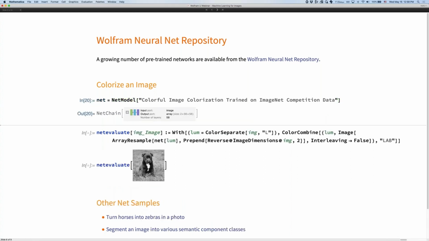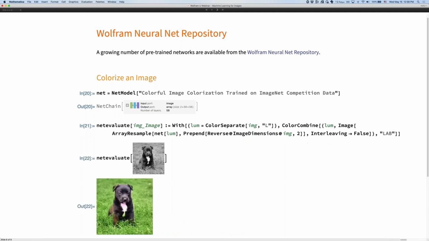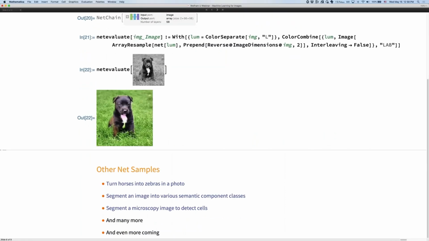So number one, we can obviously get a model, and then sometimes we have to create an evaluation function around what comes out of the network. For instance, in this case, the network gets a grayscale image and then predicts the A and B channel in the LAB space. So what we have to do with the result is basically wrap it into an image, append or prepend the luminance channel and create an LAB image, which is happening in this case. There are a ton of more examples built in that I've listed, a few of many more, and many more are planned to come.